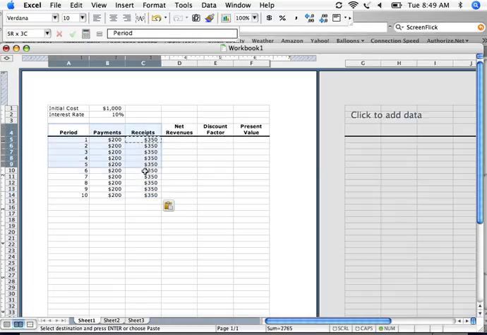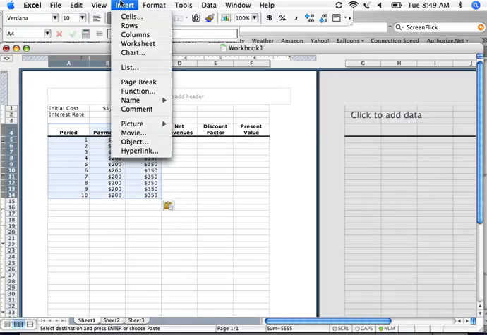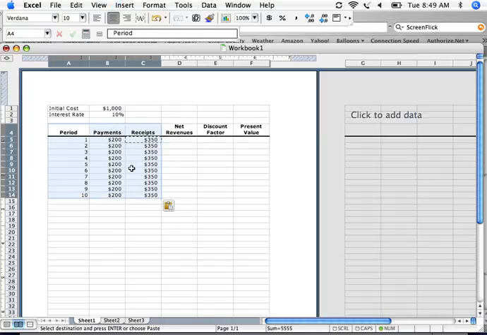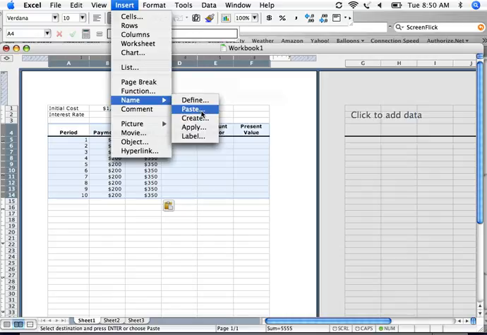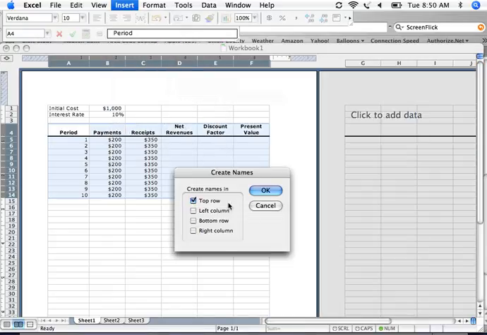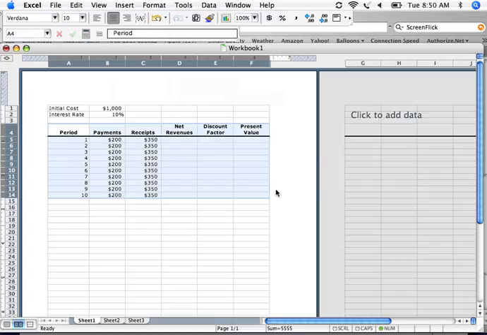I'm going to define these cells. Actually, I'm going to stop that, and I'm going to define all of these cells here. Give each column a name. Go under Name, Create, and in this case I want the top row, so I hit OK. Okay, so in net revenues,